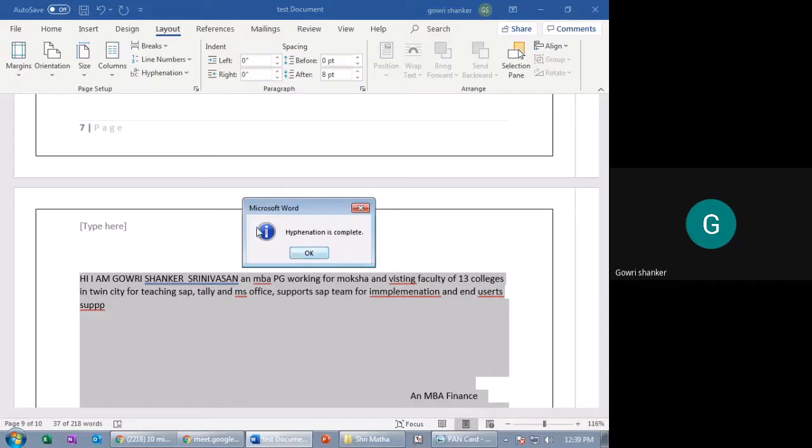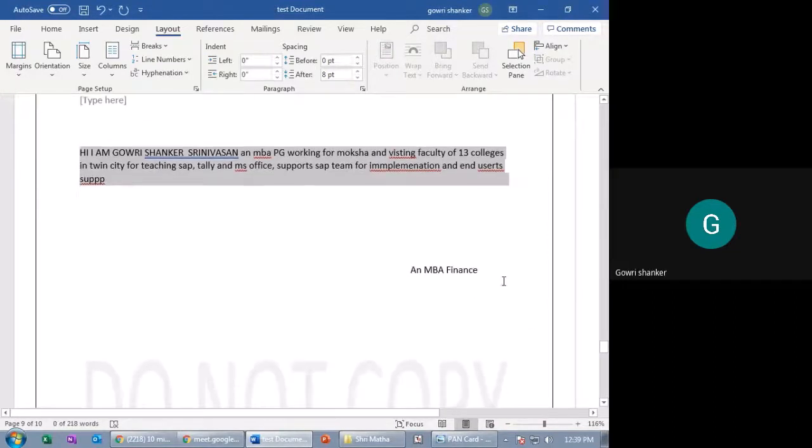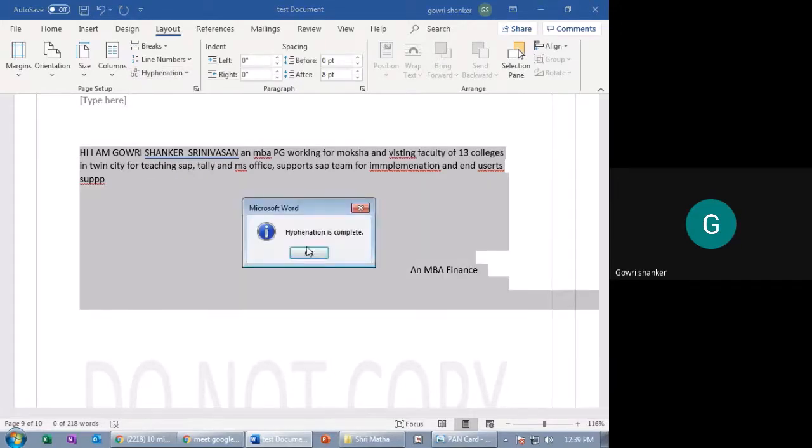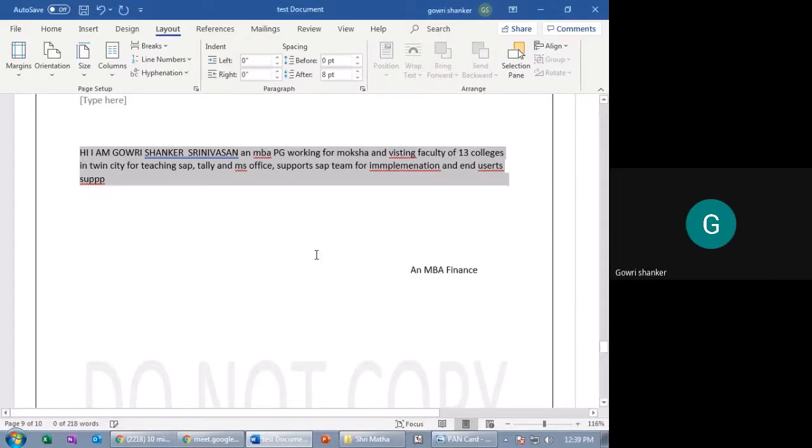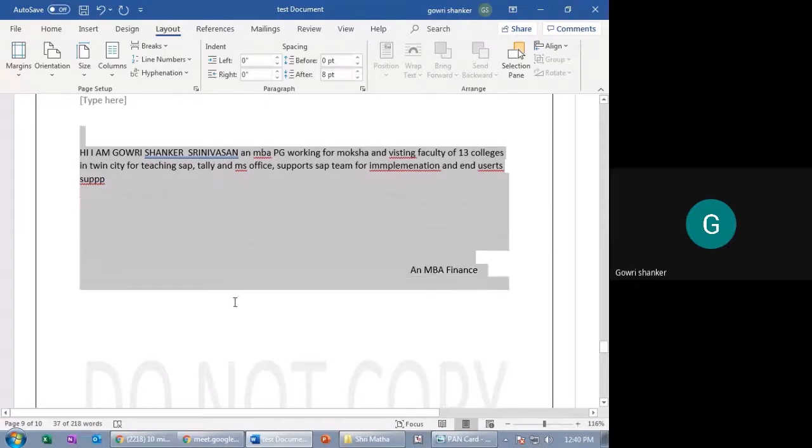You can see here. Okay, let me show you. Here also there is a word, right? So when I select manual, see, from here it is starting, means in this line the word can extend up to here because it is manual. In case you choose hyphenation automatic, then it will take only up to fitting the page.